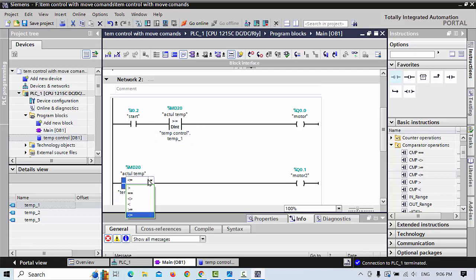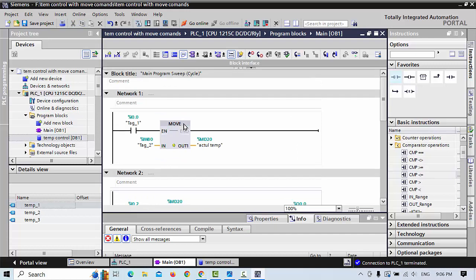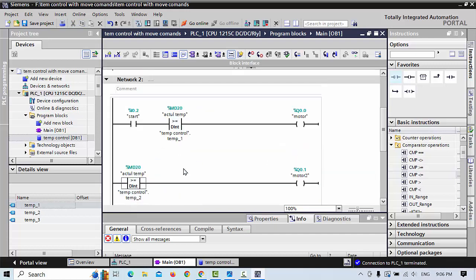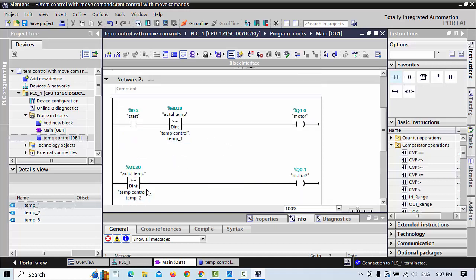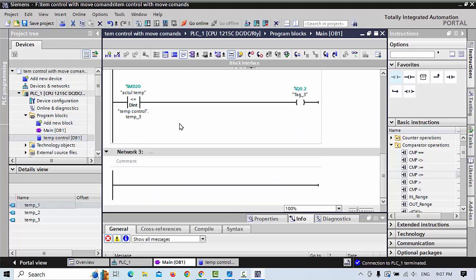And here we can decide that this is greater than, this is greater than, this is also less than. Okay, we will use this at less than, this is better. This is different, and this way use at I0.2. And here we will use that